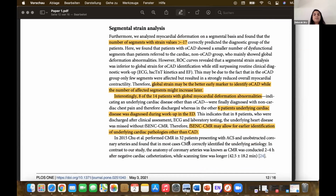However, only 6 of these patients were diagnosed with an underlying cardiac disease. We then took a closer look at the other 8 patients. We looked at the SSFP images and the myocardial contractility, as well as the septal wall thickness. And in all of these 8 patients, we saw signs of hypertrophy and dilatation. So therefore, we think that, in fact, with S.nchez CMR, we may be able to identify underlying cardiac pathologies even earlier. And these might have been patients who were missed during the routine diagnostic workup based on ECG and laboratory